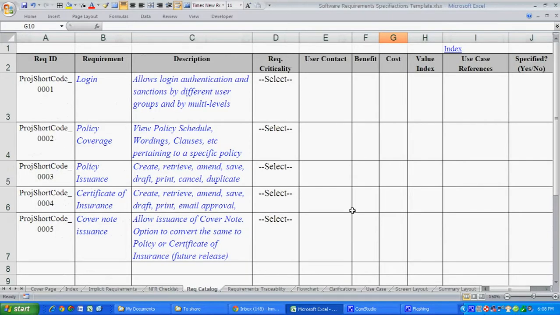The next one is the requirements catalog. Some people call it a product backlog, some people call it something else, like use case summary. So this is basically high-level requirements placed in a particular format, so that senior management gets a view of what features are being implemented. If you view the words, it's interesting. Each of these descriptions begins with a verb, which indicates the user is able to perform a certain transaction.